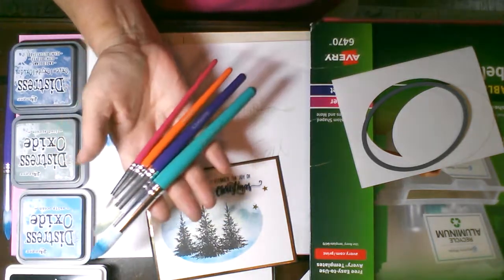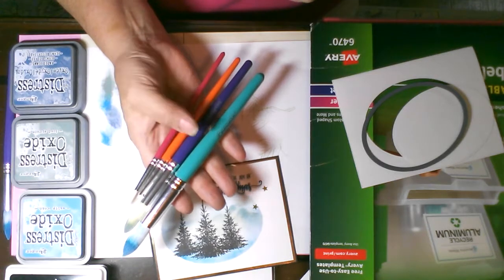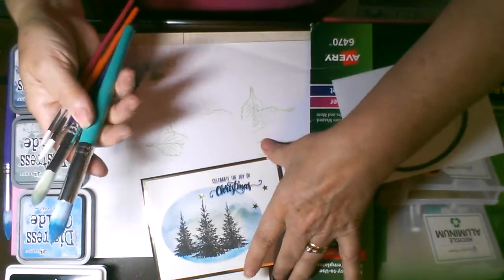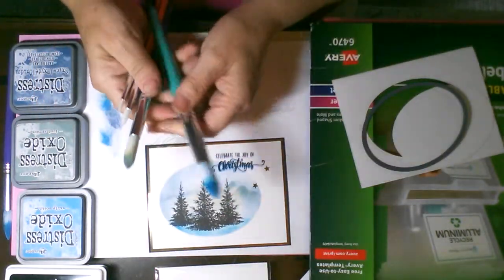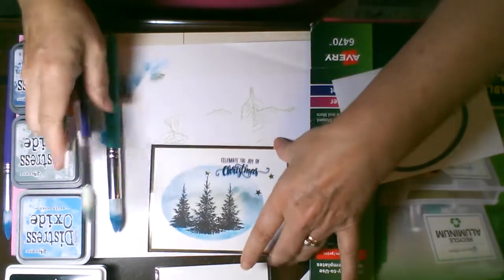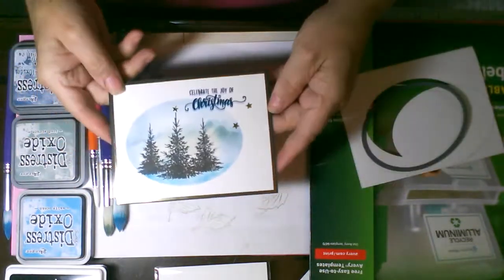And they work very similar to a lot of the other blending type brushes, but I couldn't afford them, so I saw these. It's like, let's give them a try. What do I have to lose? The purple one is my favorite size, but obviously they come in all different sizes, so they work really great. So we're going to make this card,